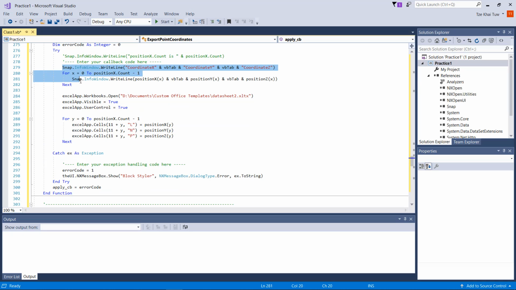After this process is done, we open up the Excel, open up this template, and then we populate the data into this specific location. So you need to understand some writing format of using the for loop. For example, from y equals to 0 to this count. This count is referring to the number of clicks the user has done when selecting the points, and -1 because